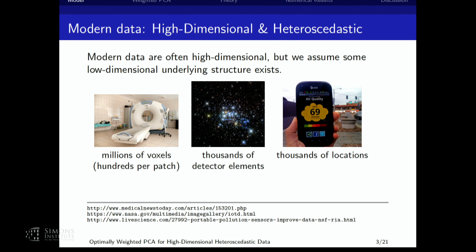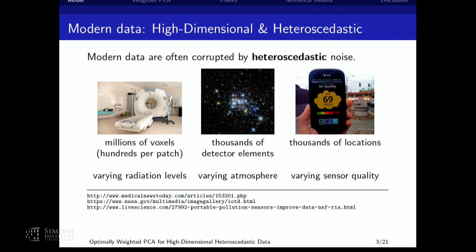And it turns out in all of these applications, we also have heteroscedastic data, or data of different quality. In the medical imaging scenario, for example, which was one of the first things that motivated us to think about this, there are often scans taken at different levels of radiation. And so the signal-to-noise ratio you get on some scans is different than on other scans. We would like to be able to learn something from all that data at once, instead of trying to infer just from each subset of the data.